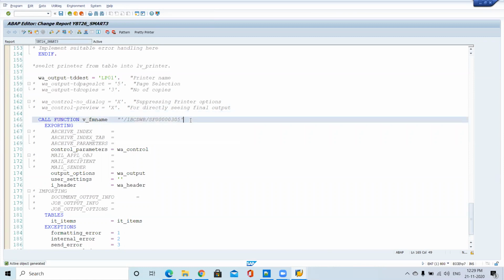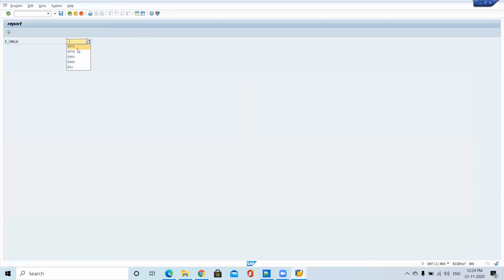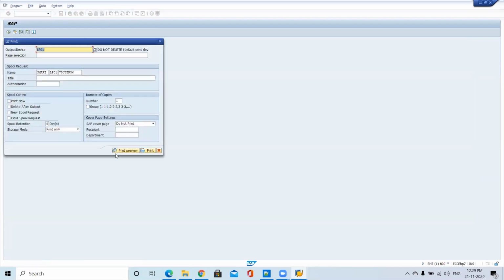One important thing is there. Here we are having these two options, print preview and print. Sometimes the user will ask, as per the requirement, I don't want this print preview, I need a direct print, or I need print but don't want to see the print preview. You can enable and disable these two options also.